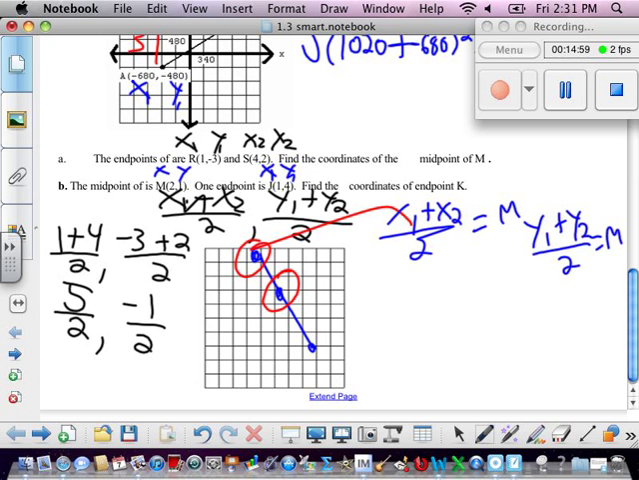Okay. So I've got x1 is 1, plus I don't know what x2 is, over 2, and that equals the x value of my midpoint. Okay? So I'm going to multiply both sides by 2, and it gets rid of the 2 on the bottom. These cross out, and I get 1 plus